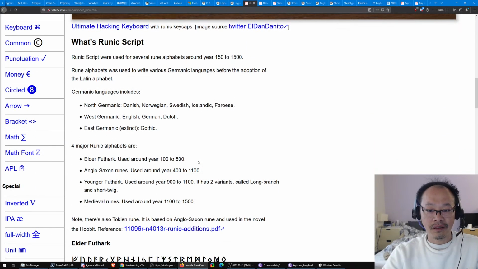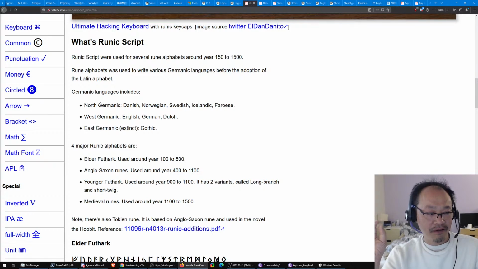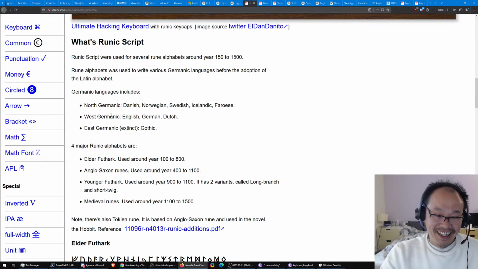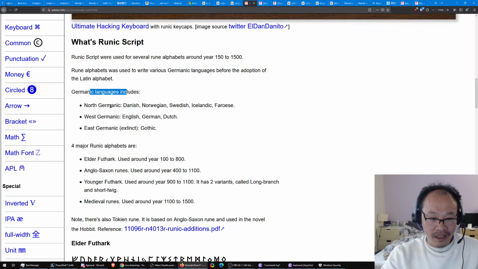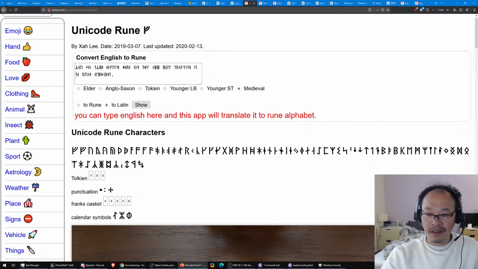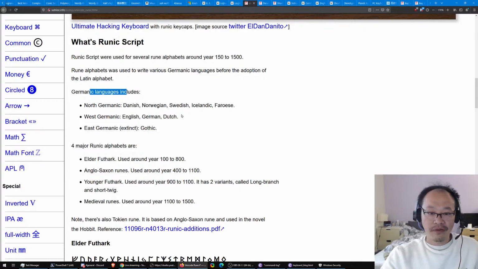I don't know. I'm not a linguist, I'm a hobbyist. Okay, so I know some people in our group, Alan and Francie, they are certified linguists. They study. So the runic Germanic languages include North Germanic, West Germanic, East Germanic. North Germanic includes Danish, Norwegian, Swedish, Icelandic, Faroese. West Germanic includes English, German, Dutch. Okay. So anyway, rune alphabet, and also Tolkien, the Elvish language or whatever, the Lord of the